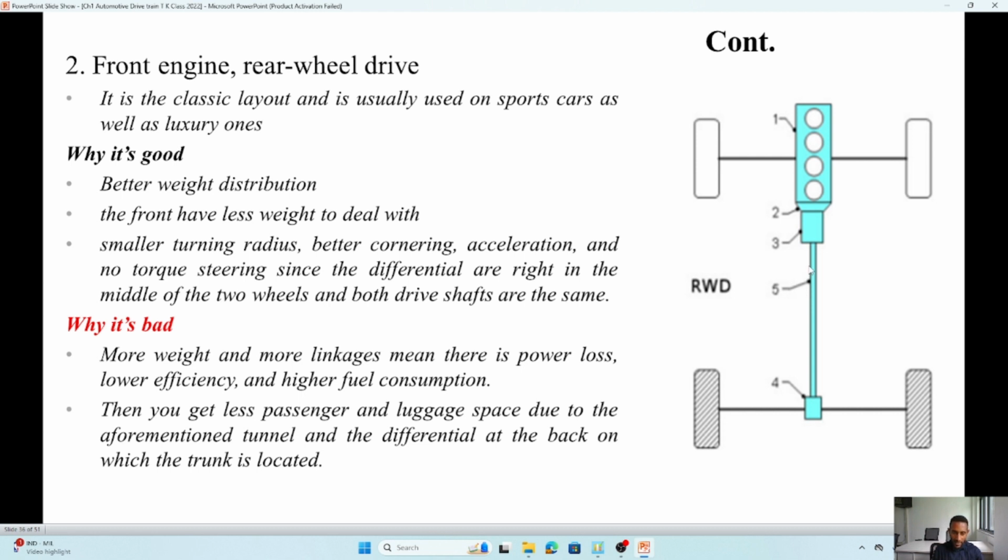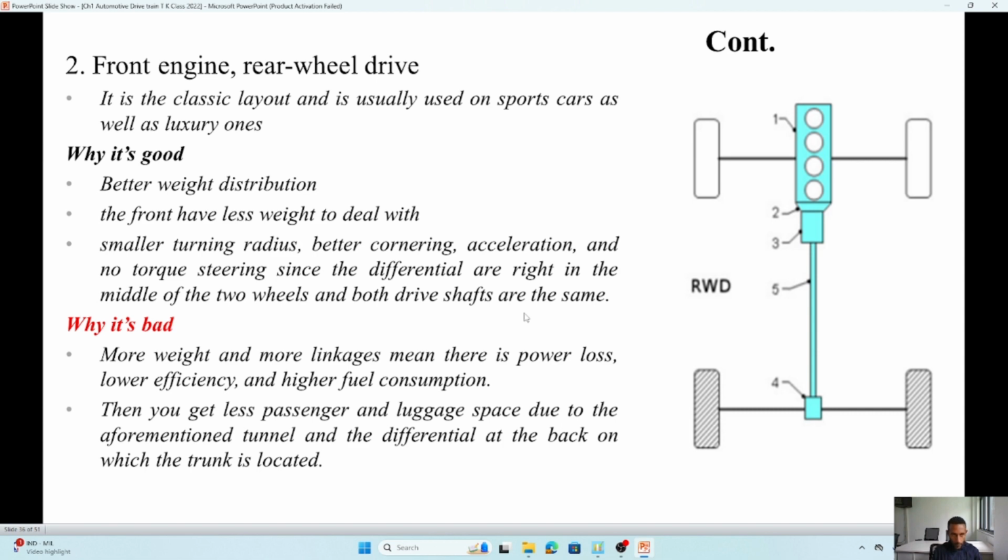What is bad on this part? Look, there will be some power loss due to too many mechanical components, like the extra gearbox, the drive shaft, the differential. There are too many and there is some power loss. At the same time, they add extra weight and extra cost. And if these parts pass through the center of the vehicle, it somewhat reduces the passenger and luggage compartment. It doesn't have any space for this. That's why this is not preferable for the luggage compartment when you compare with the FF,